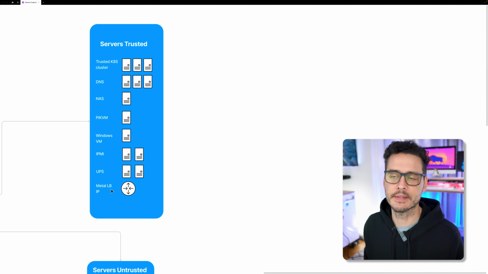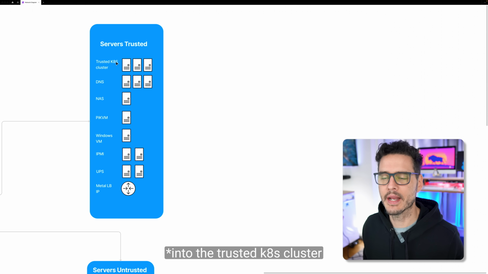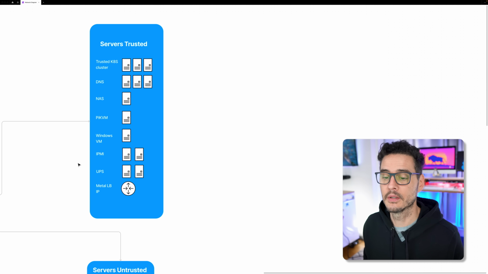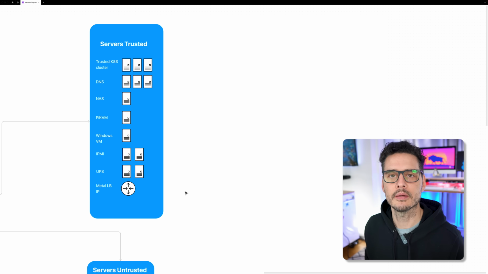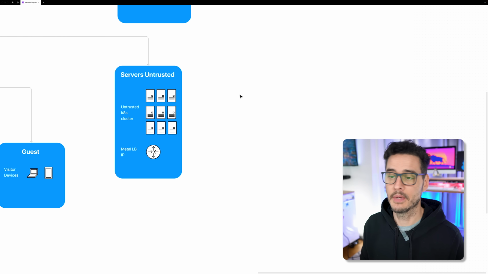This is an IP address that is a load balancer. That is how machines or clients get into this trusted network. And again, this is only internal. So I have an IP address that I can communicate with and get to the websites and stuff that's running in my trusted network. And now for my untrusted, since you understand what my trusted is, maybe untrusted might be a little more clear or a little more confusing.